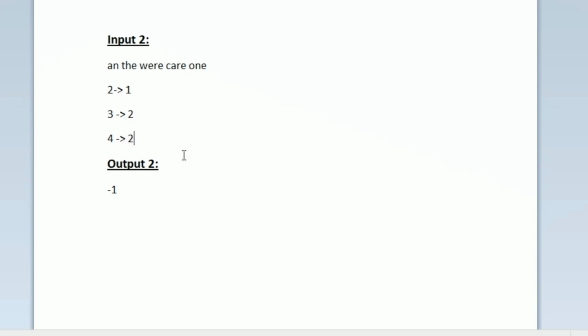So totally out of 5 strings, 1 string is of length 2, 2 strings are of length 3 and 2 strings are of length 4. Now we are going to check whether we are able to form a square matrix or not. The maximum size is 4. To form a 4 cross 4 square matrix, we need at least 4 strings of length 4. But we have only 2 strings of length 4. So it will not be possible for us to form a 4 cross 4 square matrix.